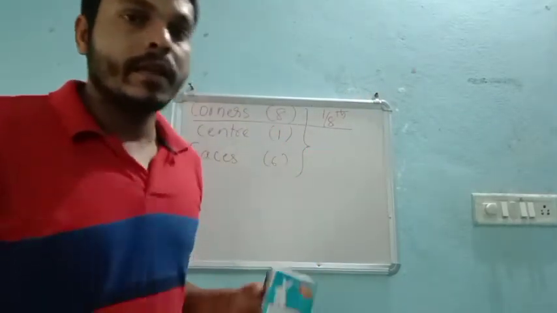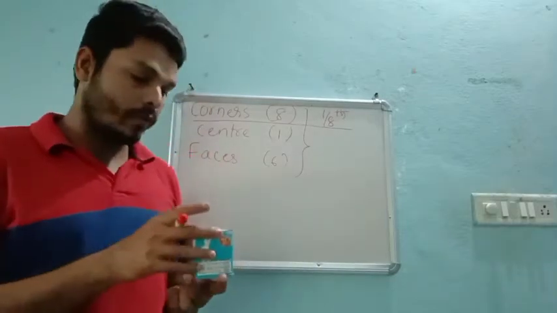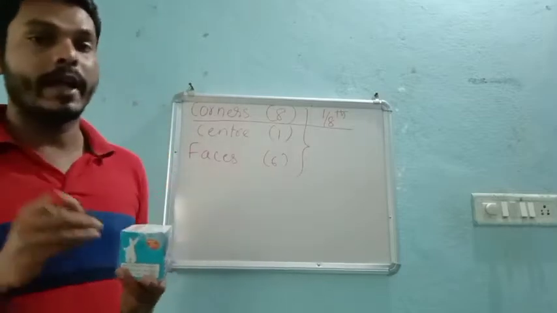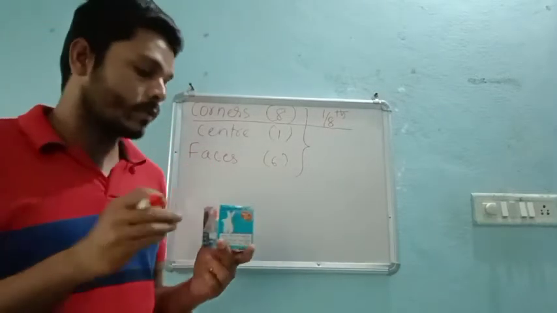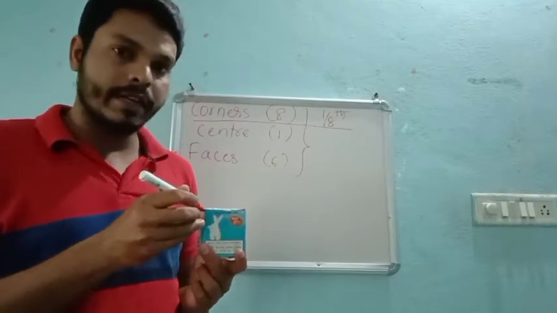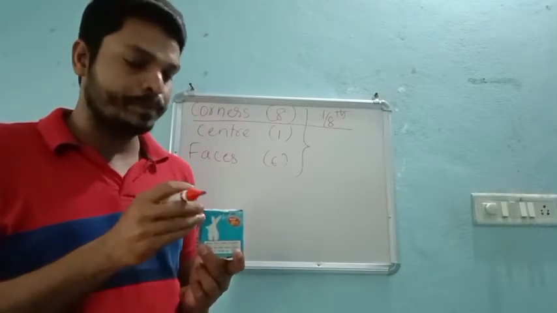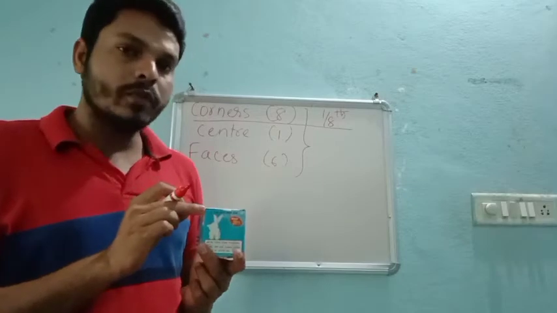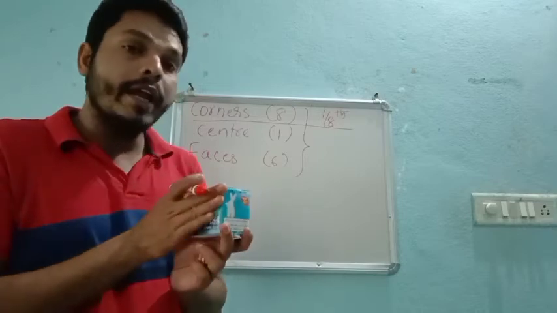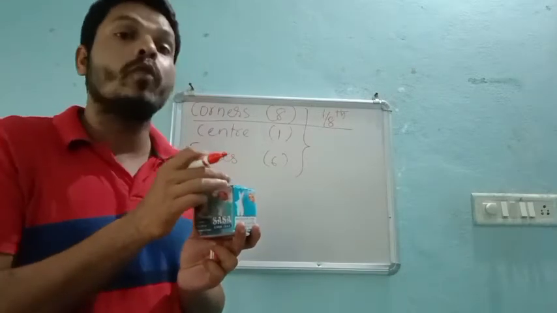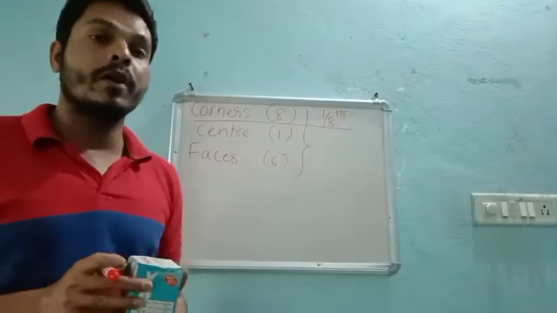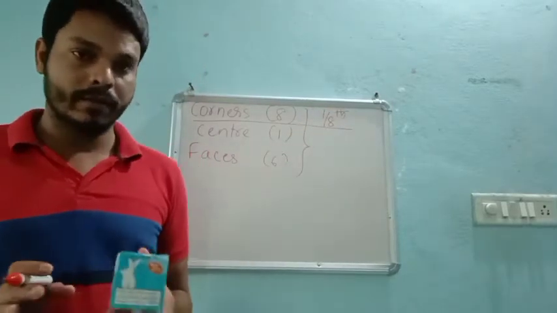Or else, if you are able to imagine the 3D diagram, the 3D view, then we can imagine that if I consider this corner atom, with respect to this corner atom, we can construct 8 unit cells like this by taking only one corner. So that's why its contribution will always be 1/8 part, right?